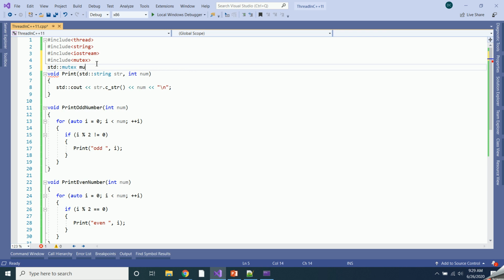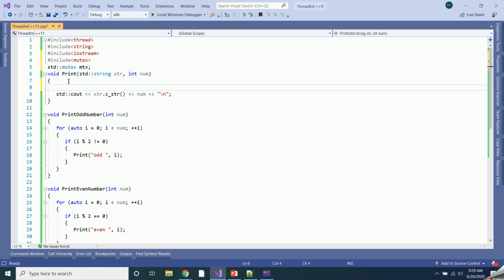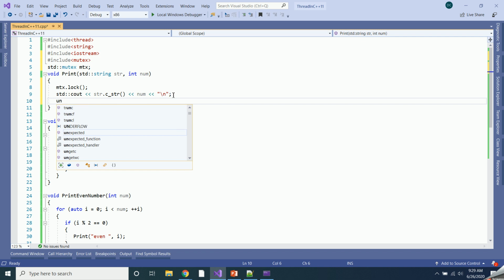You have to create the object of this mutex first, and then when you are trying to access the shared resource, you have to first lock it, and then after using it you have to unlock it.